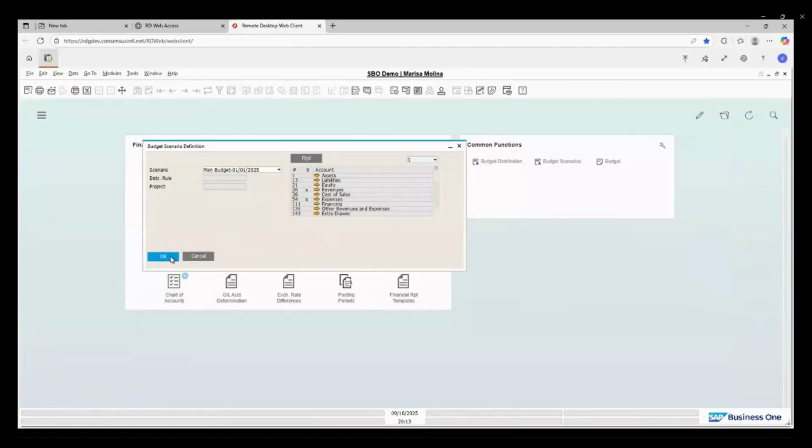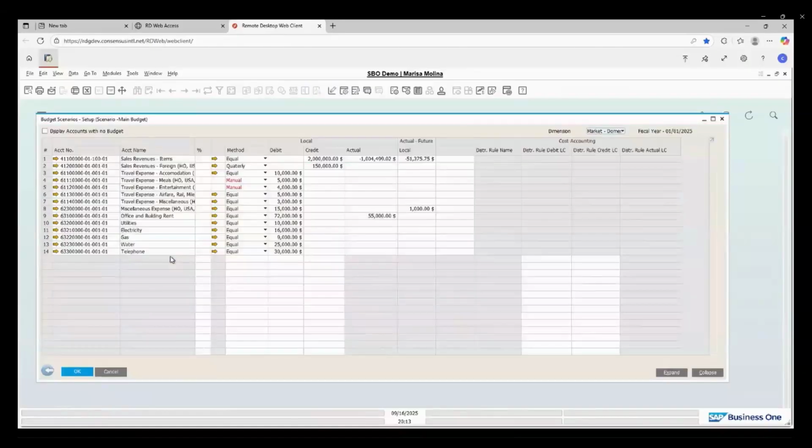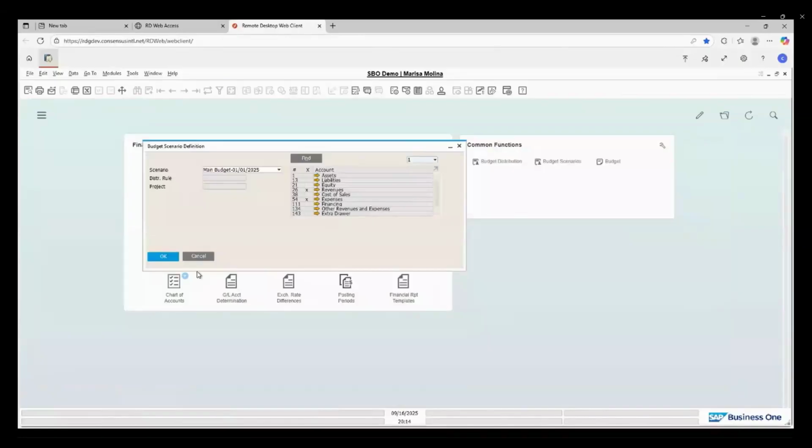And it is in here that I said that you could have the GL accounts in an Excel and then copy paste. So it's going to be a very simple task to accomplish. And this is the perfect time of the year. Most of the companies are working with the budget as we speak. So it would be great if you start using the budget functionality for 2026. You could create maybe some budget for the remainder of the year just to test it, just to play with the system, just learning how to use it if you haven't done it before. So when you start actually using it in the following year, you will know what you're doing, okay?